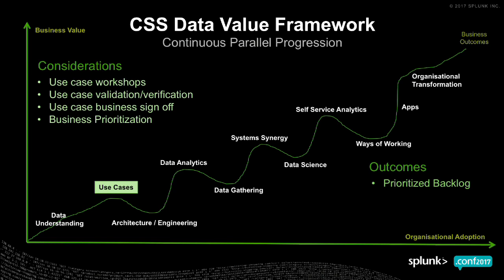And then we'd also have a business prioritization. So then we know we have a structured use case, we know what the value is, we know what business outcome it's going towards. It has executive sponsors in case we go forward and the seas become choppy. We have that backup, don't we? But what comes out of that is going to be a prioritized backlog. So now we're getting some structure.